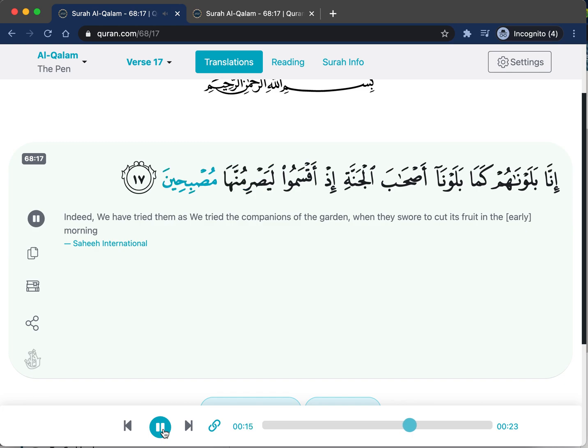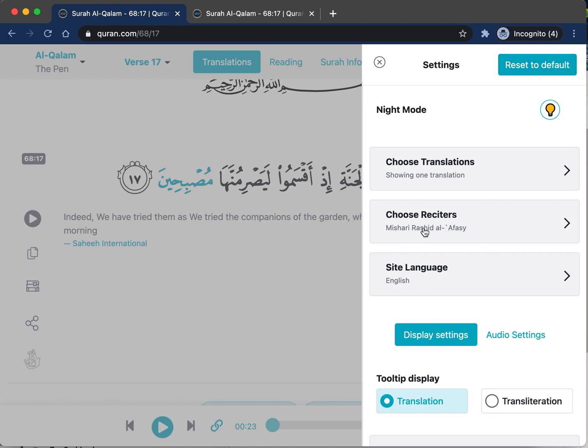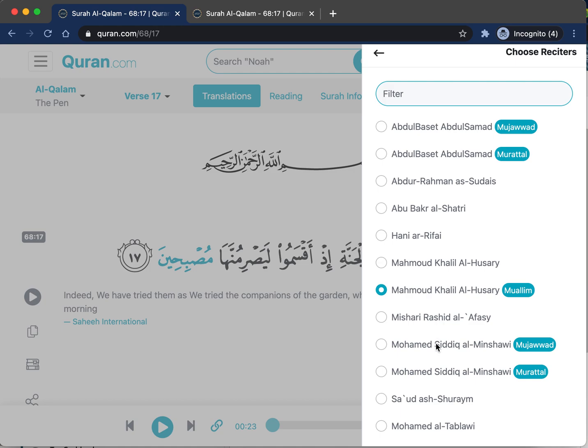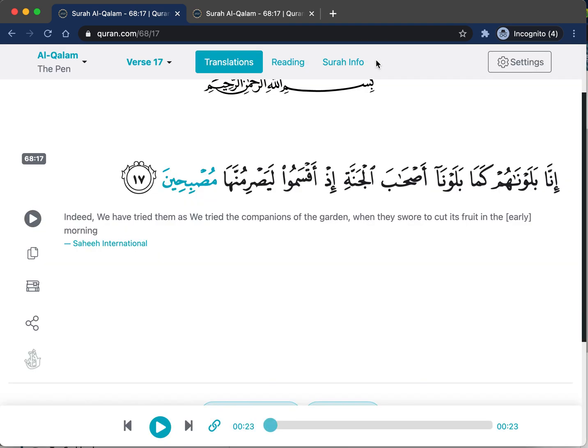ليصرمنها مصبحين. Yes, so mashallah, you can see that now as a student of Quran, I can basically learn how to read this ayat in a proper manner and also in a slow manner as well. Although one can go back to the options and reciters and can change. For example, if I change to like Mishari Rashid Al-Afasy, if I go back, now if I play,